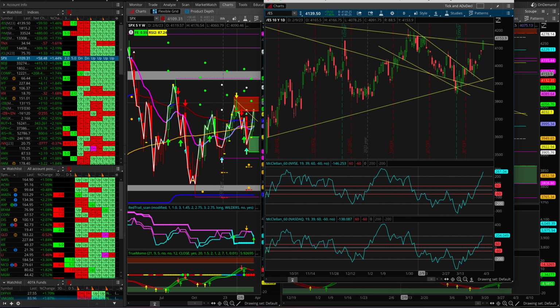And you can see we bumped up against it quite a bit as the McClellan oscillators were falling, and they did go past zero. So when you came back up to this line and you're under zero, it's a pretty good indication that we've got a change in trend. Then it proceeded to fall, and the bullish percent indexes fell with it, and we've rolled up and down and so on. So now we've come all the way back full circle.